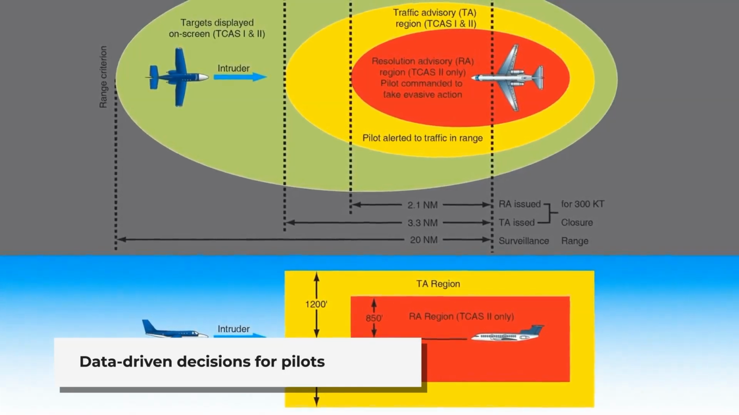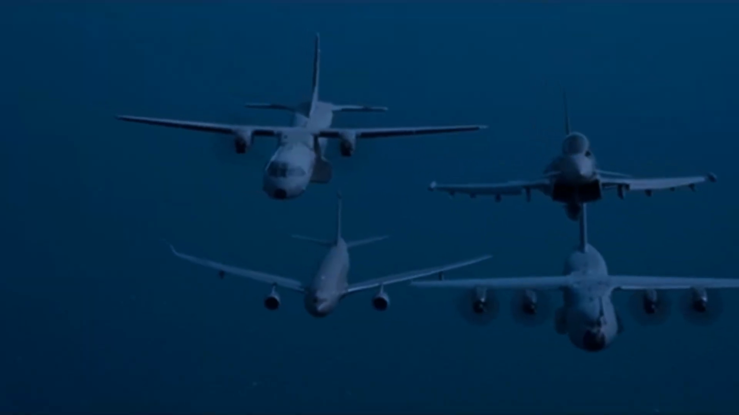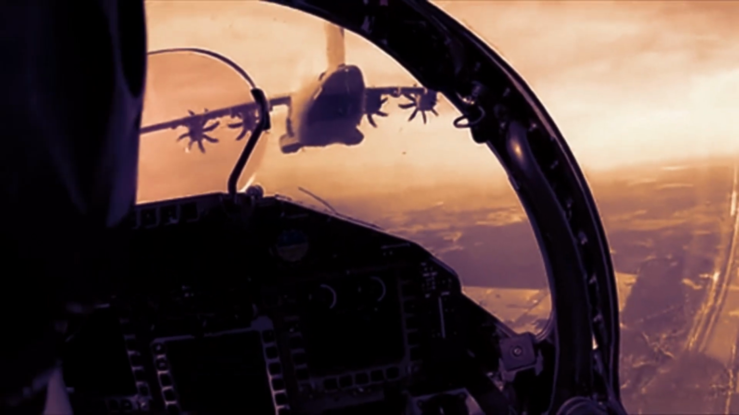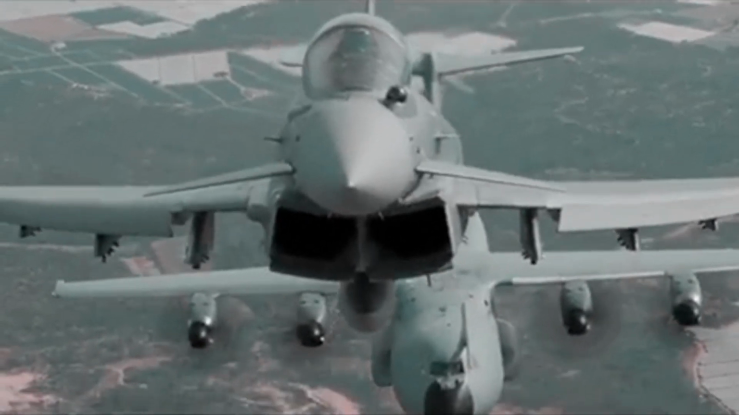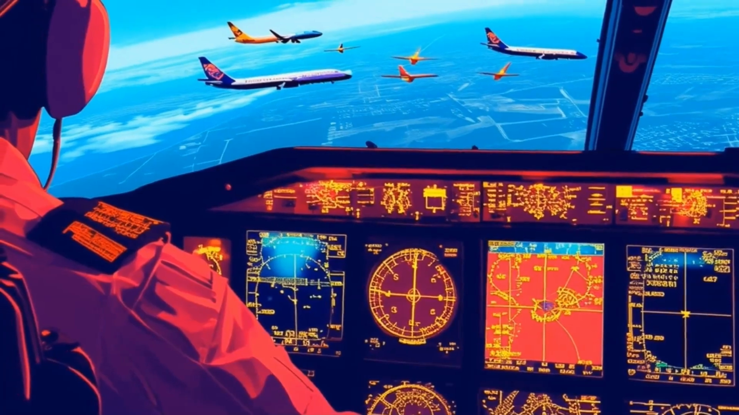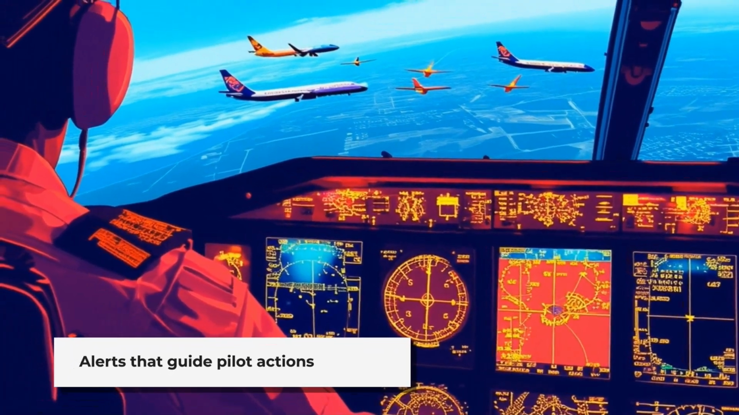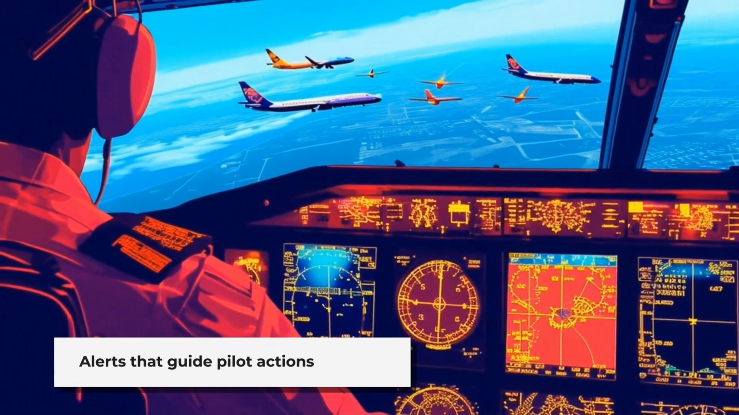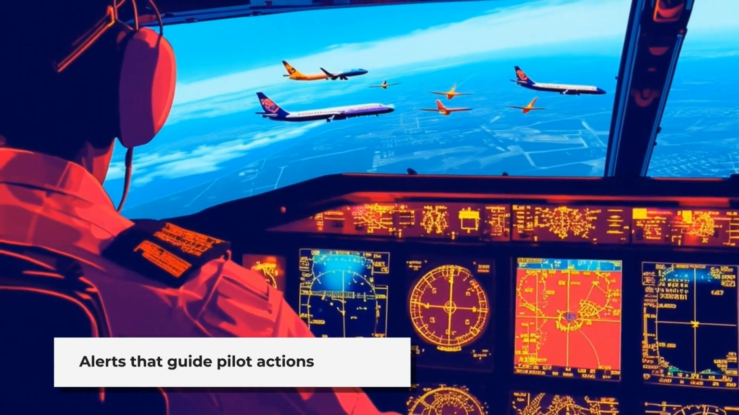When a threat is detected, TCAS provides data such as the relative altitude and distance of the intruding aircraft, allowing pilots to make quick, informed decisions. Pilots receive both visual and auditory alerts. The system alerts them to the presence of nearby aircraft and guides them on the safest course of action to